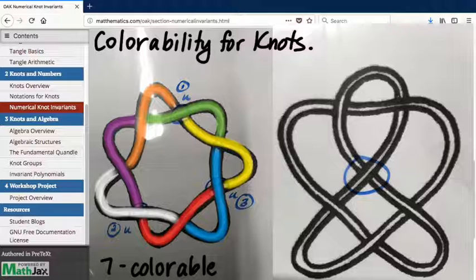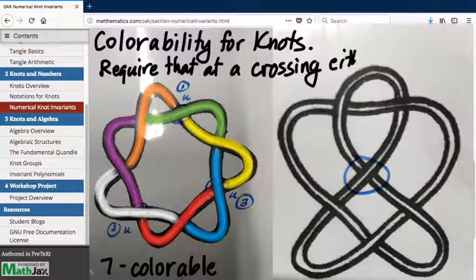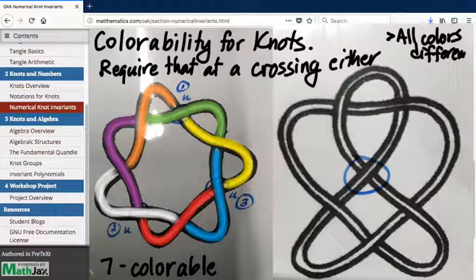With the requirement: anytime we create a coloration of a knot, we're going to require that at a crossing, one or the other of these things is true. Either all colors are different at a given crossing, and that's borne out by this, right? If we pick any one of these crossings,